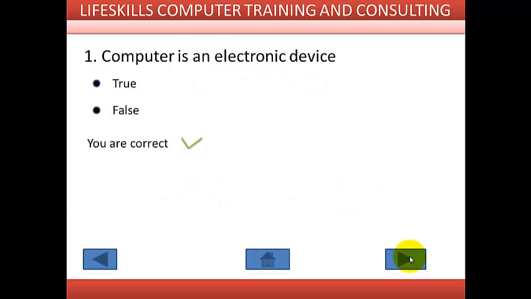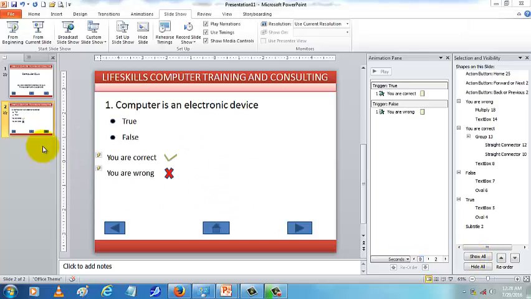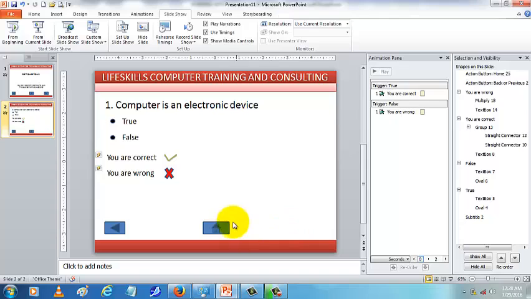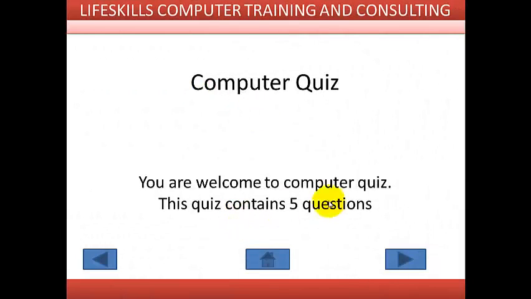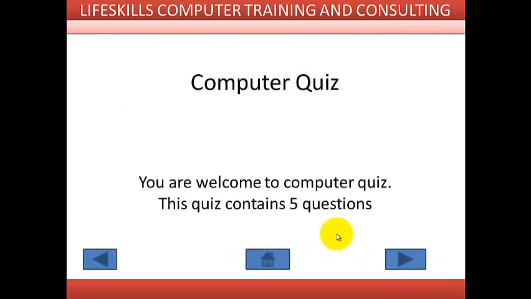So what do we do? Let's escape and go to this slide. What we do is that in the last slide, we just simply remove this. We remove this to tell people that we have come to the end of the slide. So if I begin the slideshow from the beginning now and I move to the next, if there is no next slide, then I can click Home and go back to the beginning.